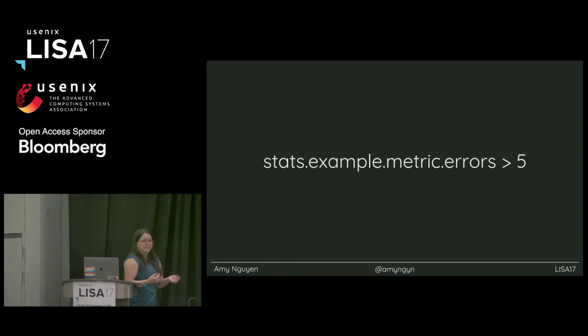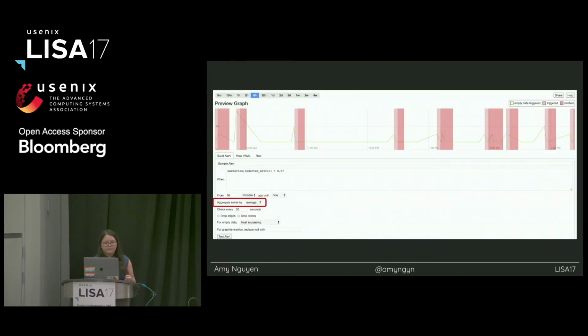Do I want to alert every single time? Am I going to get an email? Those are big questions. If someone tells you, I want to make a metric and I want to know when I have more than 5 errors, you could start by asking them all those questions, or you can assume based off of your own knowledge that they have a certain meaning, and you can help them build that alert.